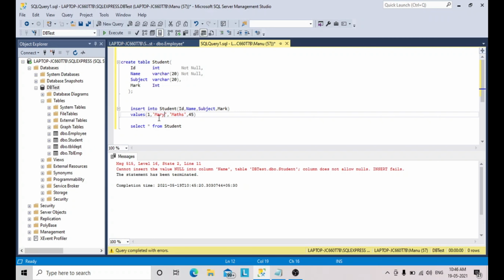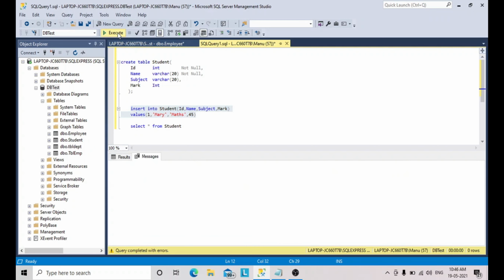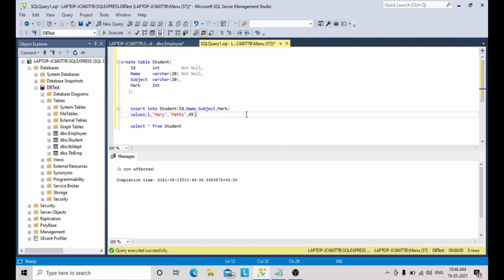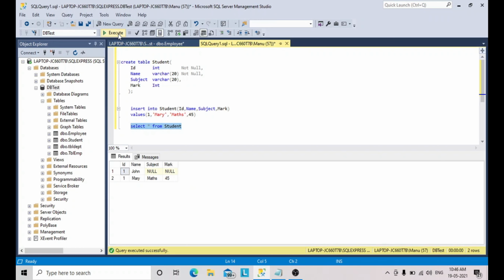Mary, I gave. Let's execute this one. See, now it's inserted successfully. So these two fields do not allow null values.